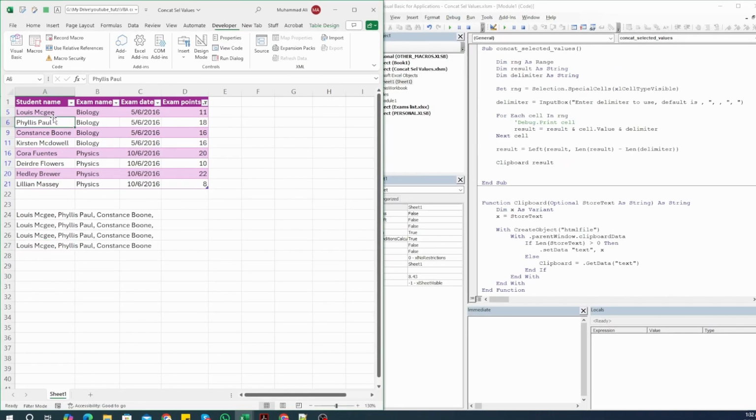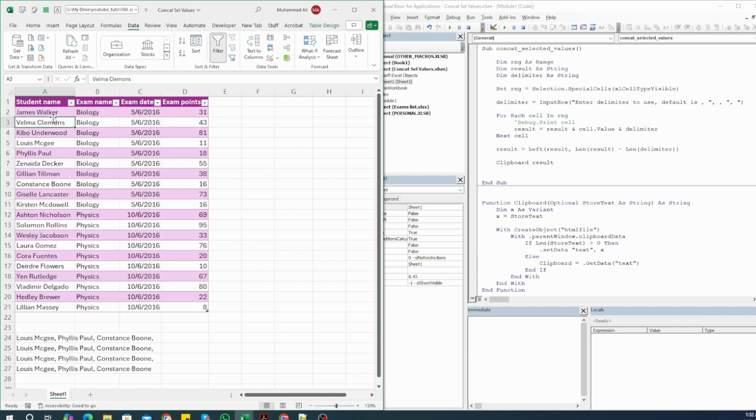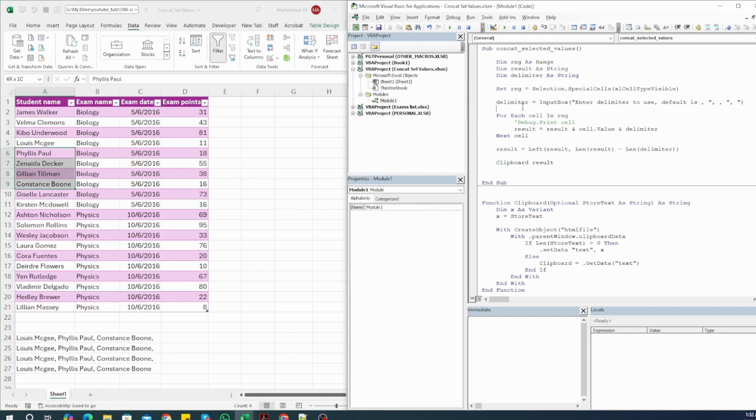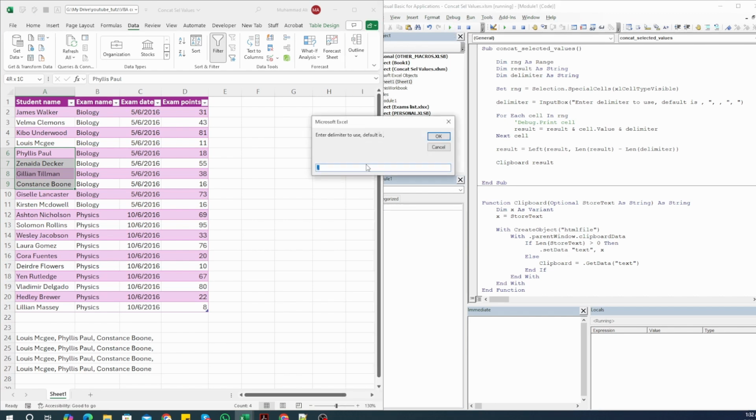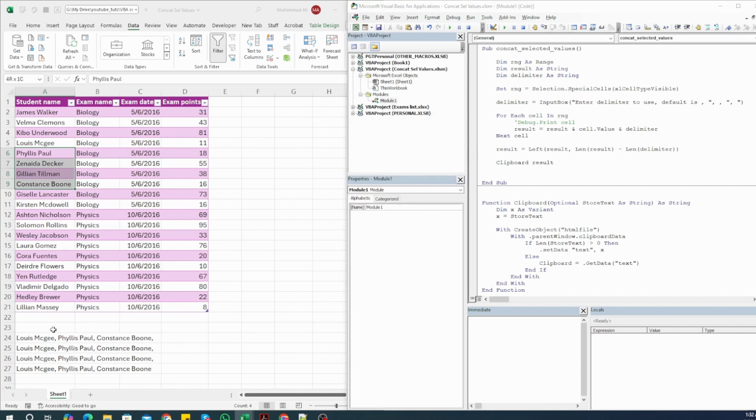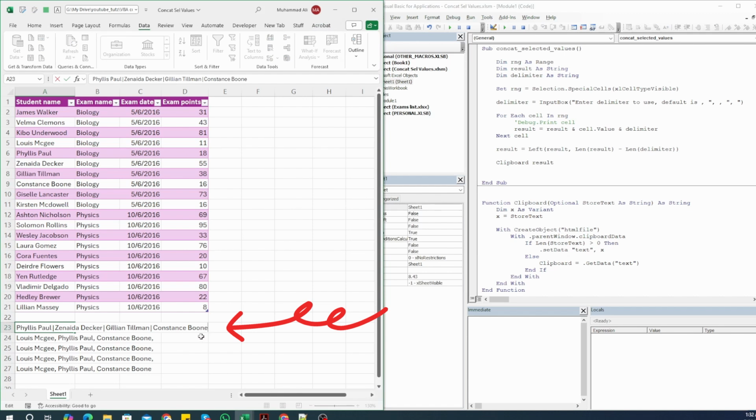Now what we'll do is remove the filter and try to run the macro on some different values with a different delimiter. So let's say we want to use pipe here without any extra spaces. We just want to see if our logic on the result variable is working. Paste it here, and you can see we don't have any leading or trailing spaces at the end of this variable.